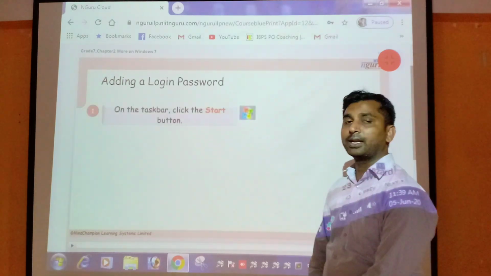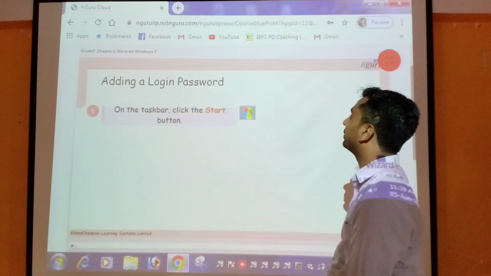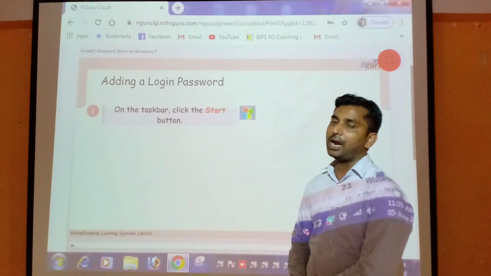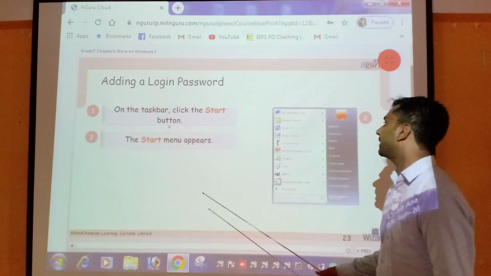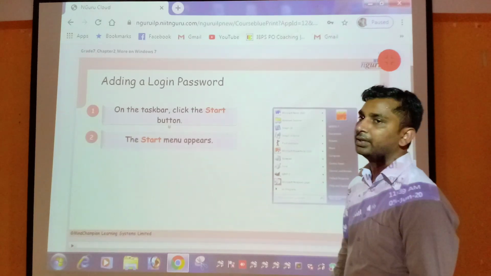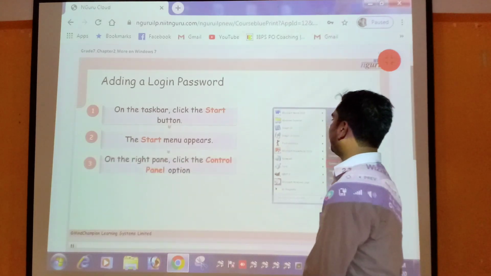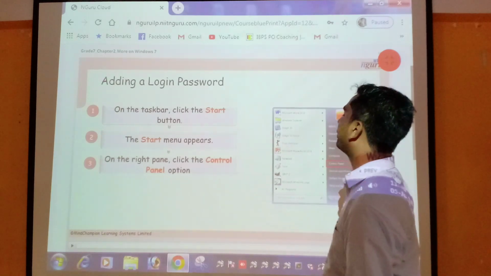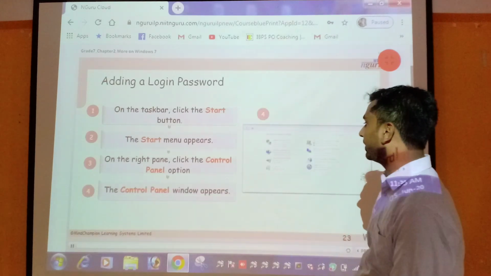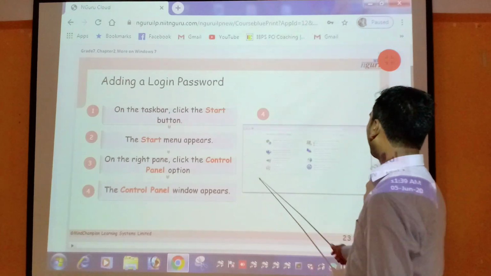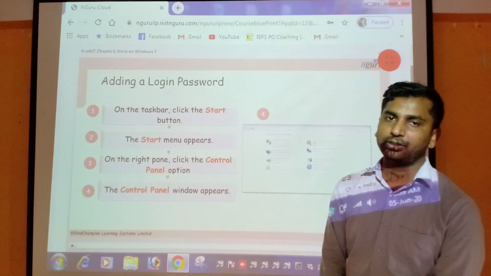First of all, click on start button. After that, the start menu appears. After that, click on control panel option. After that, the control panel window appears on the screen.